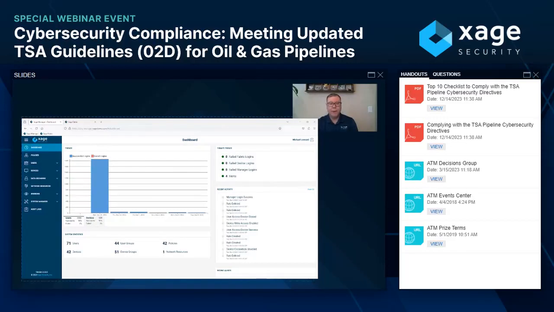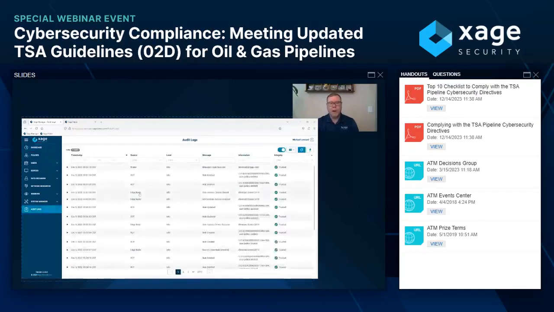Again, having the separation between those two is useful sometimes, as well as just if you don't have the ability to push those types of other IT-based tools down into your OT side of the house. But this is what your security practitioner or your power user would see. We do have the ability to make it so folks can only see their site. But right now I'm a super admin, so you're going to see a little bit more.